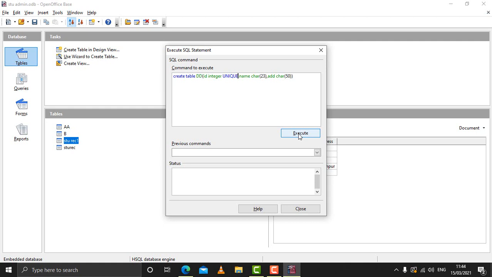The next constraint of SQL is the check constraint. If you want to make a condition in a table or in a field, and when you enter a value, that value should satisfy the condition, then for that we can use the check constraint. Say for example, in the same table, in this ID field, you want the ID to be all integers, so the ID should not be 0.